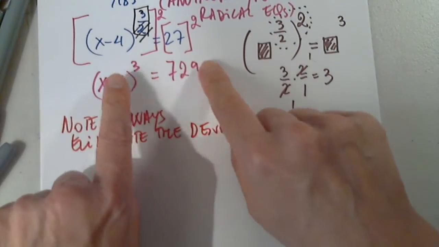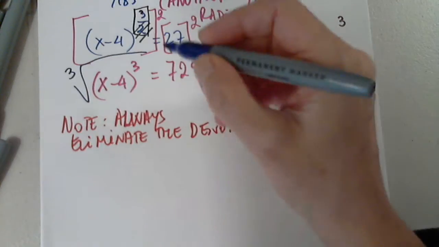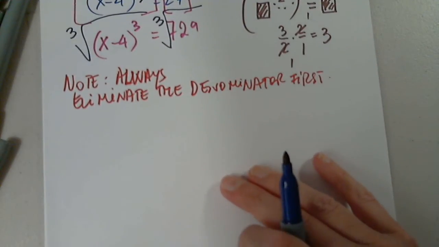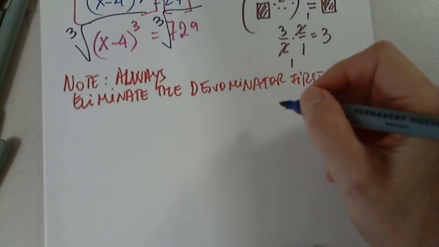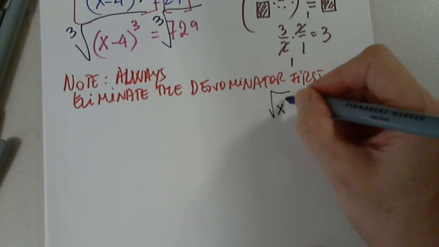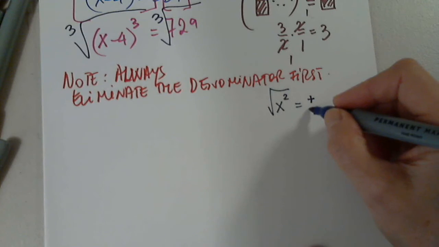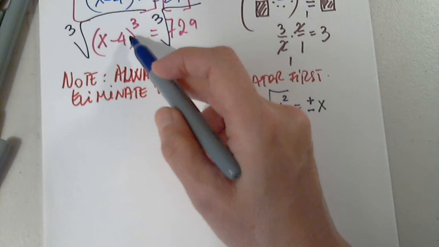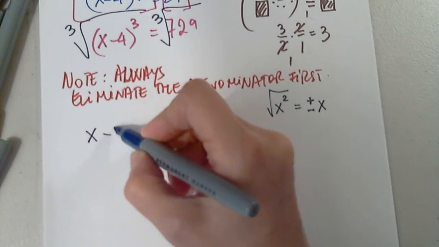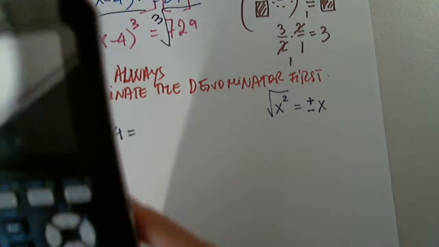So what should we do here to both sides to eliminate this? Take the cube root. Awesome, thank you very much. Apply the cube root to both sides. The cube root only has one answer. Let me refresh your memory for a second. What did we say about the square root of x squared? Well, we're going to review it today also. It's plus or minus x, but not when it comes to an odd root. So the only answer is x minus 4, and the only answer on the other side is, and you can put the cube root